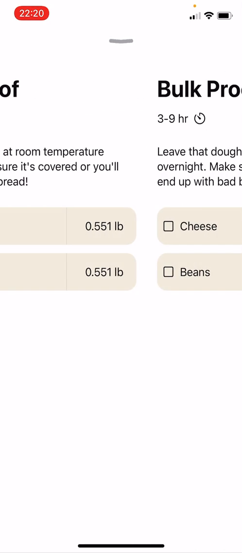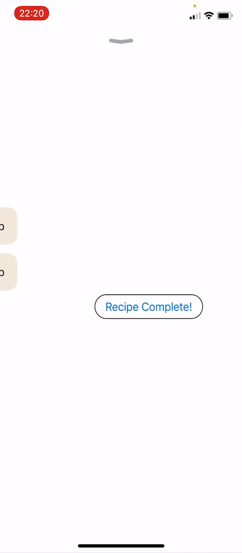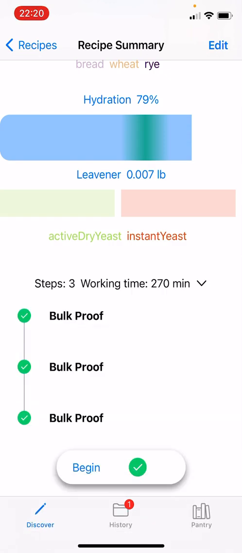And when you're ready to go, this is what you'd get. You'd get an introduction, some steps, and you mark this off. You get to add a timer as you go, and when the bread's done, you mark it complete, and hopefully that